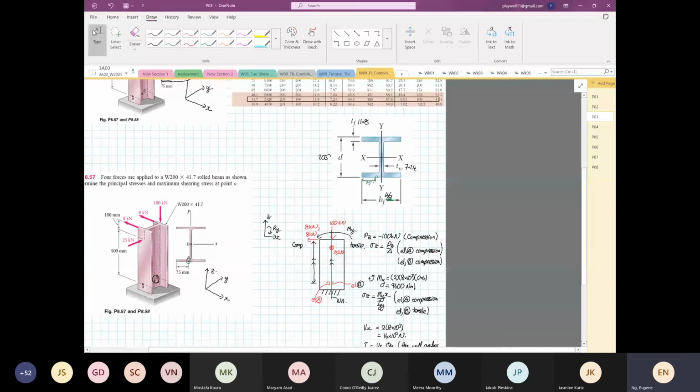Now listen. I'm not just teaching you how to break down the forces. I want you to also visualize: is this value going to be 0? Is it going to be max? I want you to have a sort of